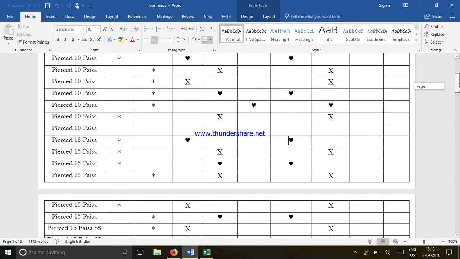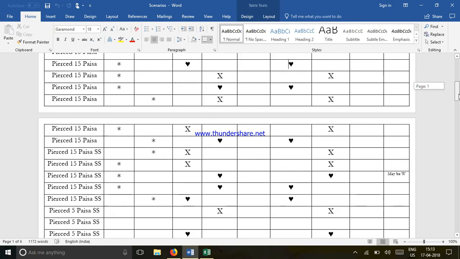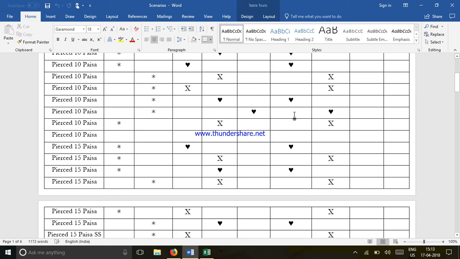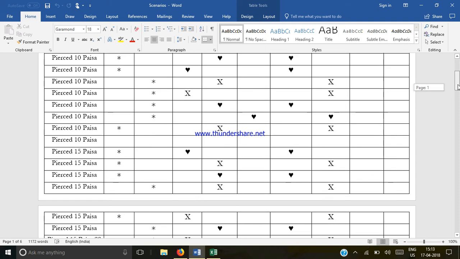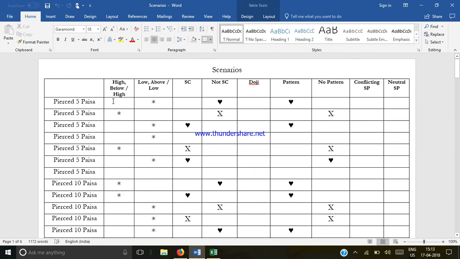15 paisa on low above, same color, pattern is there. Now symbol means it will work, cross symbol means it doesn't work. So the permutations and combinations are same color, pattern, same color, no pattern, not same color, pattern, not same color, no pattern. And whether pierced 15 paisa, whether pierced 10 paisa, or whether pierced 5 paisa on high side or